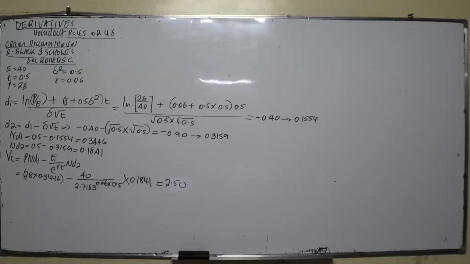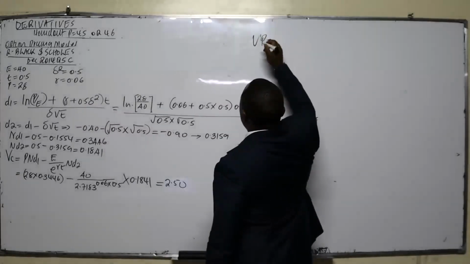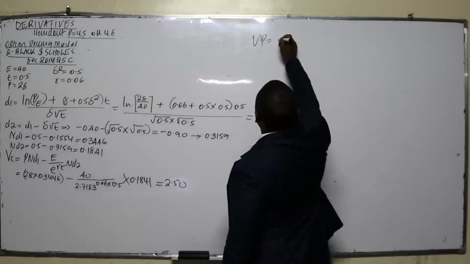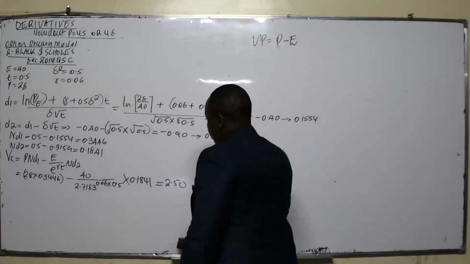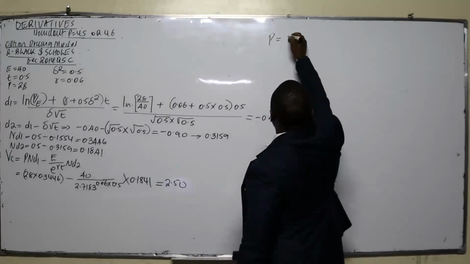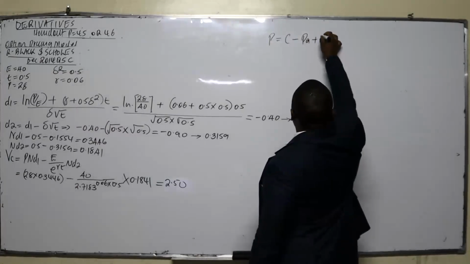Now, what if we are to get the value of the put? In this case, it was very specific. We got the value of a European call option. If you are to get the value of the put, we use what we call the put call parity theorem. Under the put call parity theorem, to get the value of the put, you take the value of the call minus the market price per share plus the exercise price